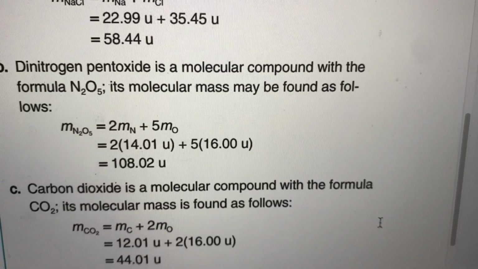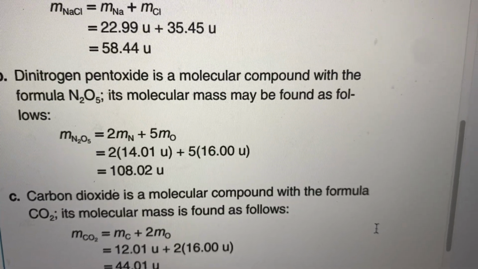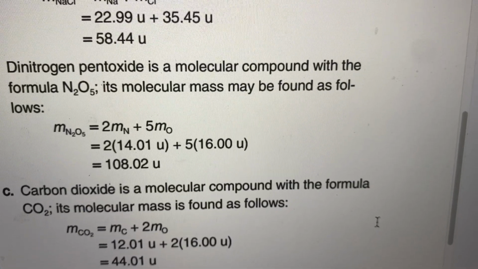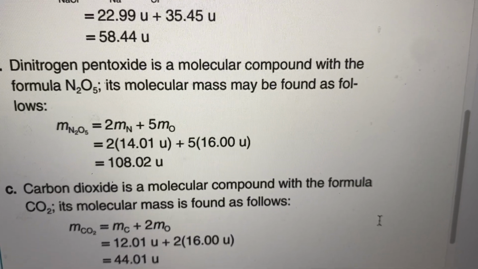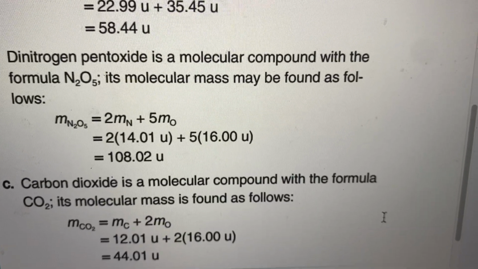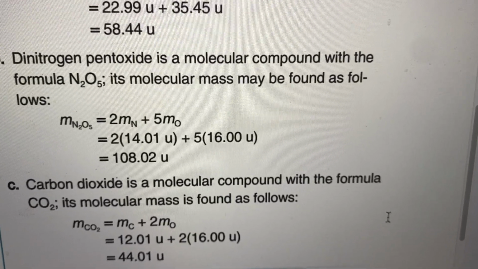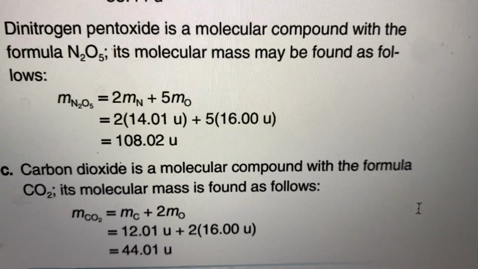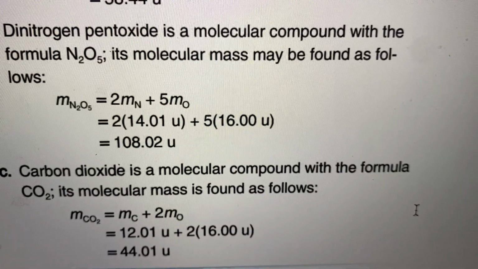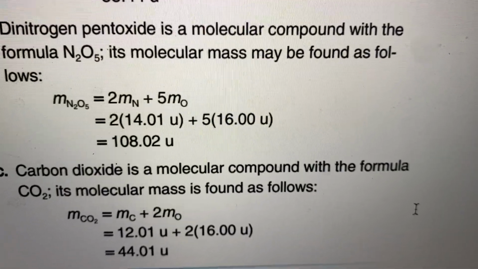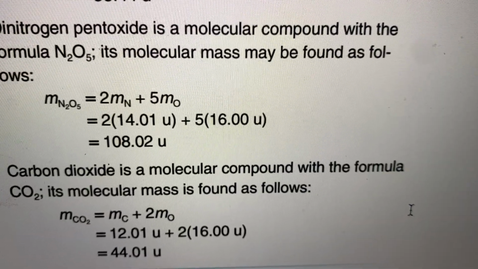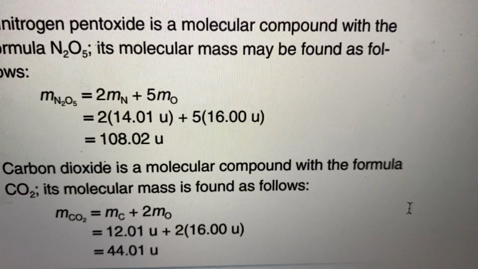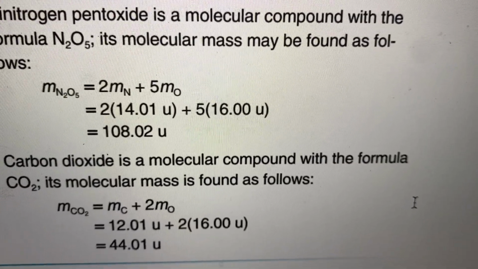So we have dinitrogen pentoxide. It's a molecular compound with the formula N2O5. Okay, so we look and we find out what is the atomic mass of nitrogen, and we have it 14.01 units, and we need two of those. So we multiply that by 2. And then we take the 5, we need 5 oxygens, and oxygen is 16.00. And so if we calculate 2 times 14.01 plus 5 times 16.00, and we put those together, we're going to get